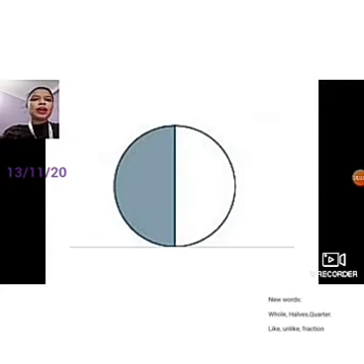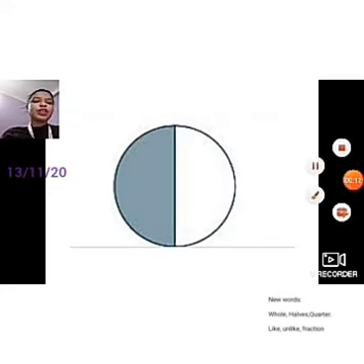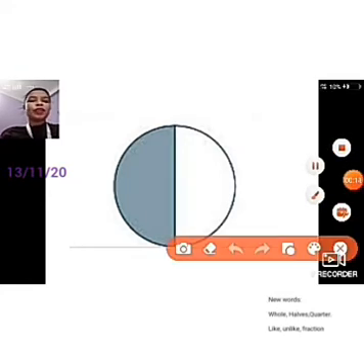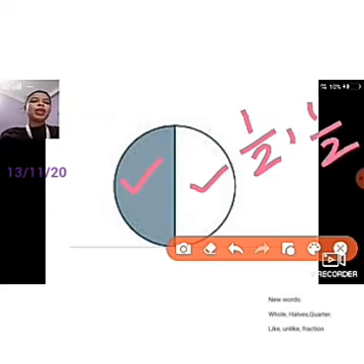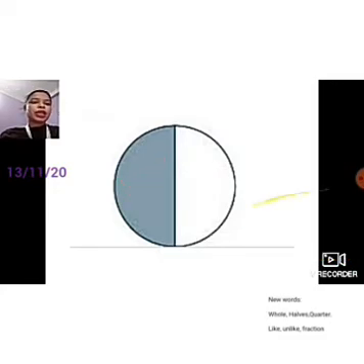Let us go to the next figure. Children, this figure is a circle, and I have divided this circle into 2 equal parts. One part is shaded and the other part is unshaded. If I have to write in terms of fraction, what will I write for this part? This is shaded, isn't it? So 1 by 2. Similarly, this part which is unshaded is also 1 by 2. So the 1 by 2 and 1 by 2 make a whole, which is 1.